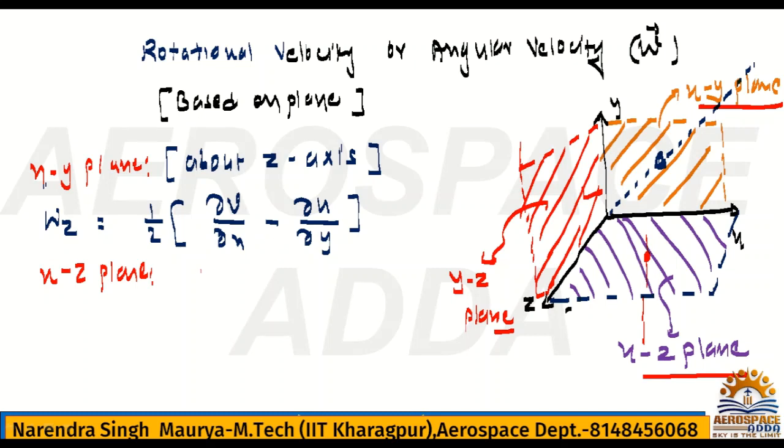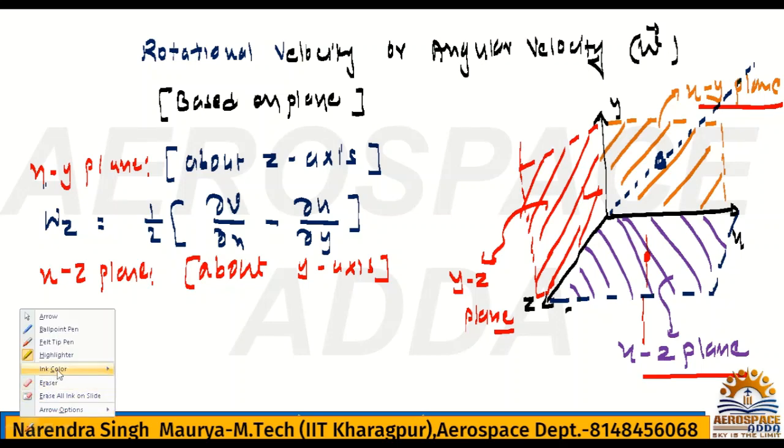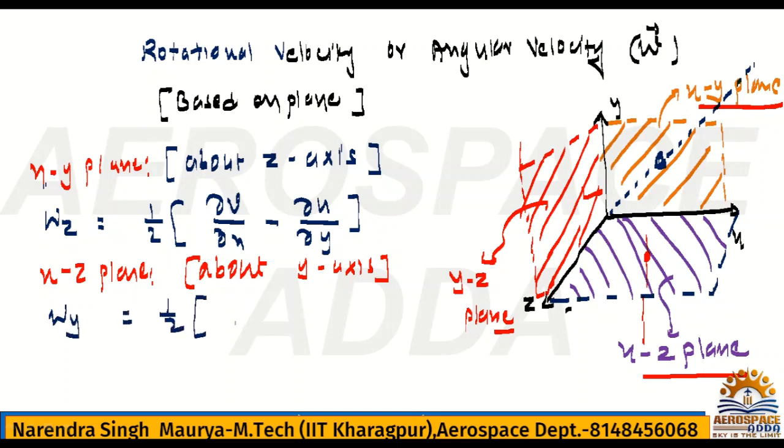So you can write about wy, 1 by 2, it is xz. So dou z minus dou x, u and